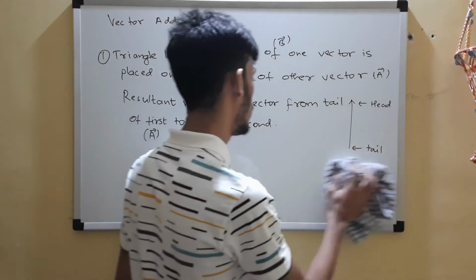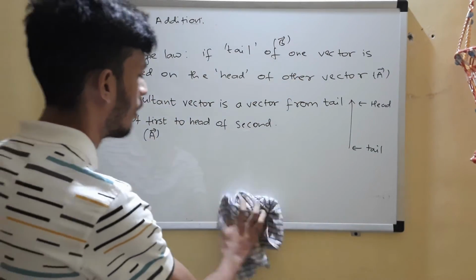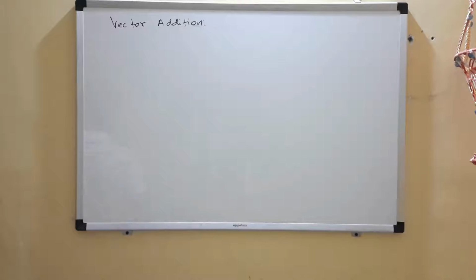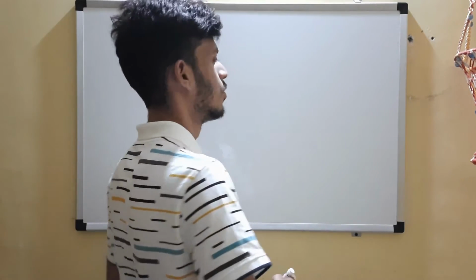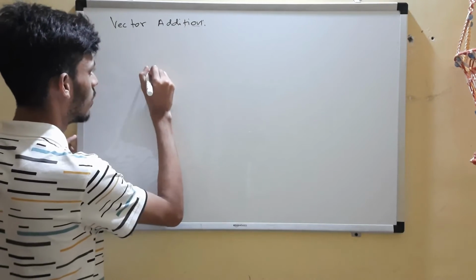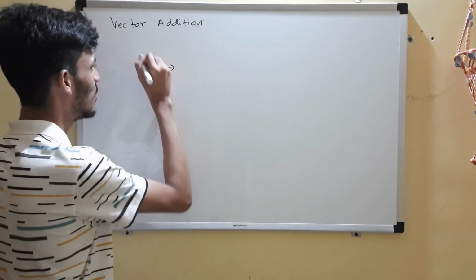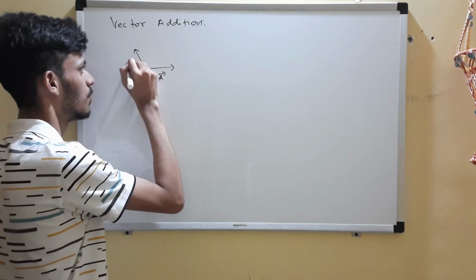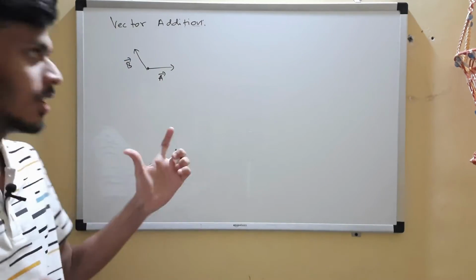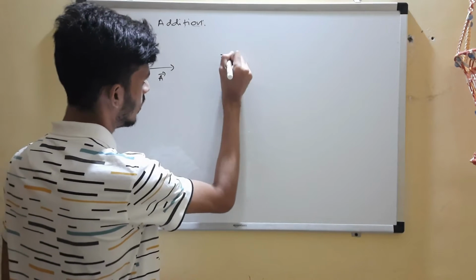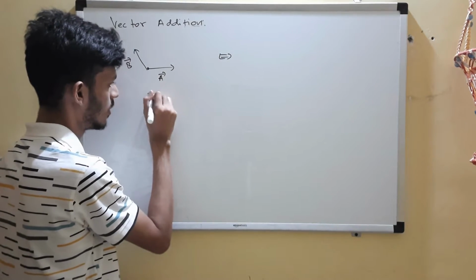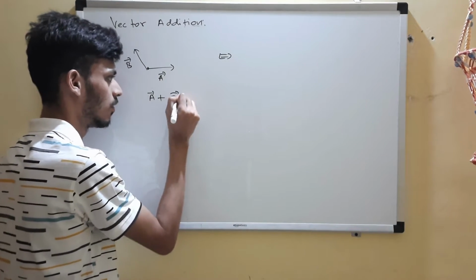Now what more can we speak on? Actually, that was all about the triangle law. If you want to practice more, I'm going to use cheat codes now. You do it by the triangle law. If you have a and b vectors in this way, you have to find the resultant. What is the resultant? A plus b, to find a plus b.